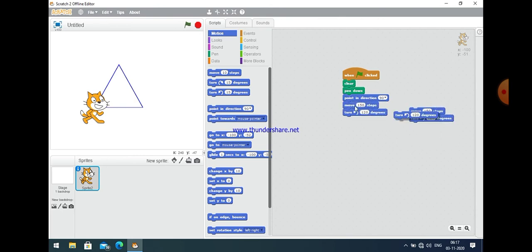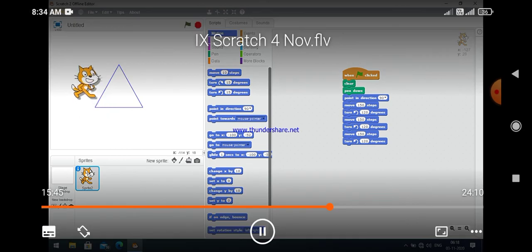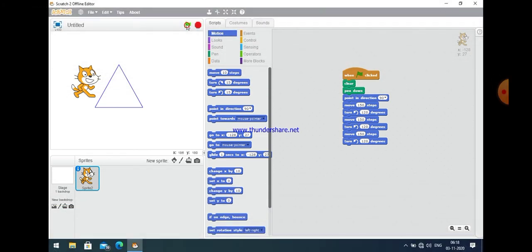Another important point is that you can make a copy of different commands by just pressing the right click button of your mouse and then clicking on duplicate. So again you can easily see here that a triangle will be made again. Now this time, as you can see here, a triangle will be made again, but this time I don't use the repeat block.